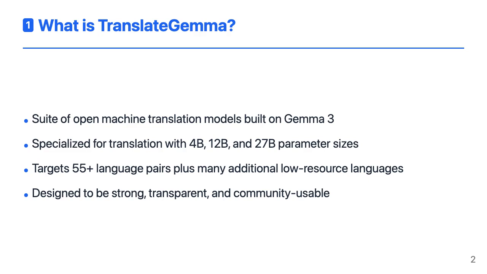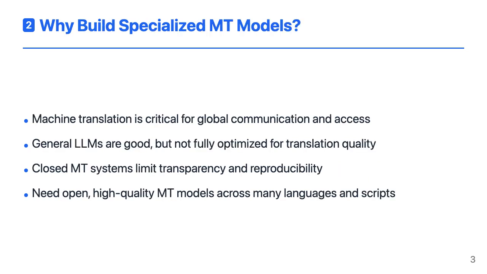reuse, and build on. Machine translation underpins a lot of what we do online: reading news, accessing documentation, and communicating across borders. Large language models have pushed translation quality forward, but general chat models are not fully optimized for translation fidelity, consistency, and coverage. At the same time, many of the strongest MT systems are closed, which makes it hard for researchers to reproduce results or adapt them. TranslateGemma is meant to fill that gap: open, high-quality translation models that work across a wide range of languages and